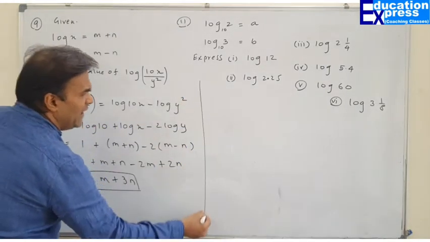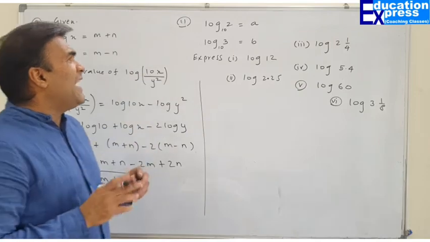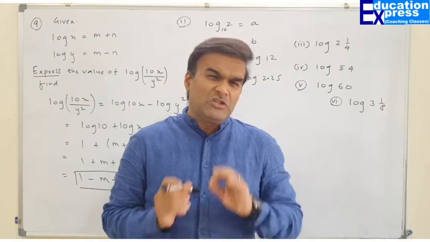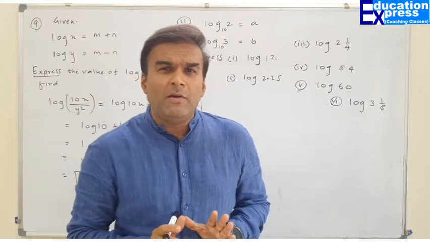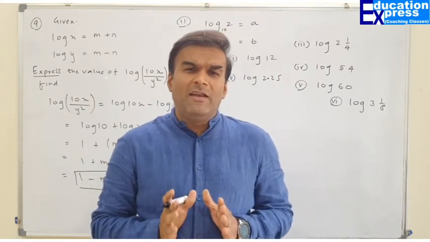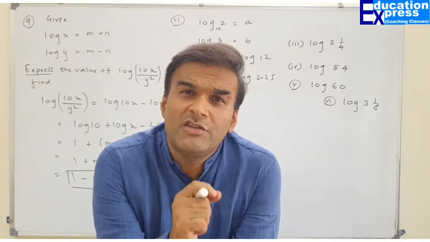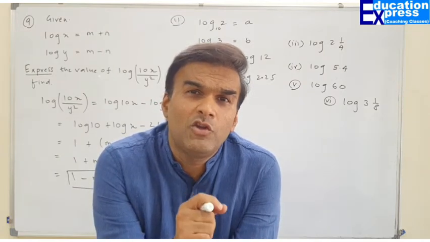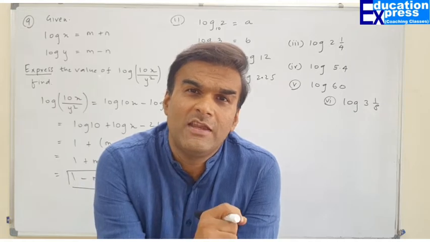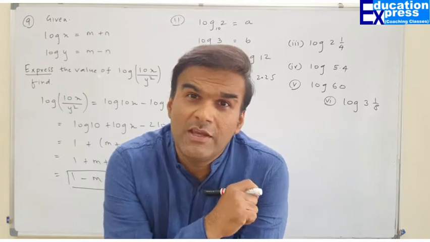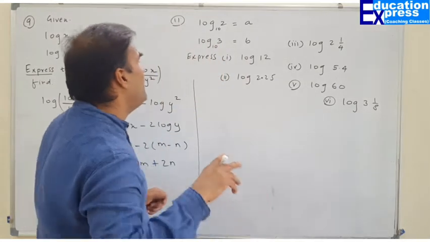This question number 11 is exactly same as question number 1. Exact same to same. If you remember in question number 1, what we did, sir, they had given us the logarithm and we converted each and every logarithm into log of 2 and log of 3. So here also we have to convert in terms of log 2 and log 3. How we will do it? Same how we did earlier.